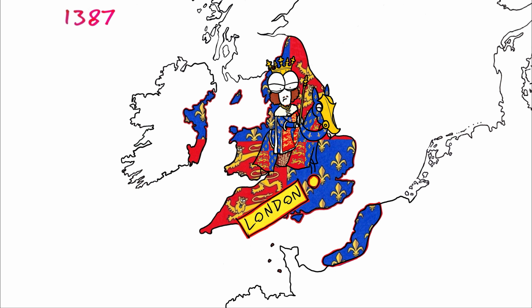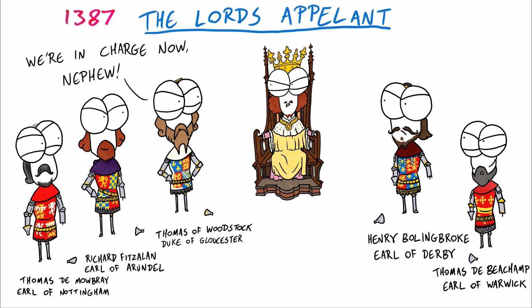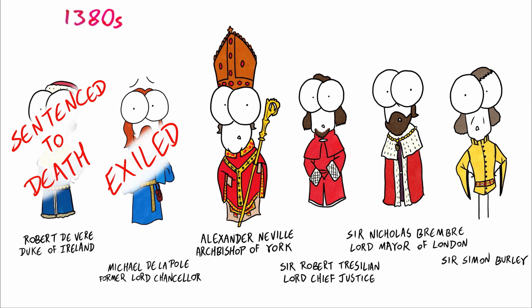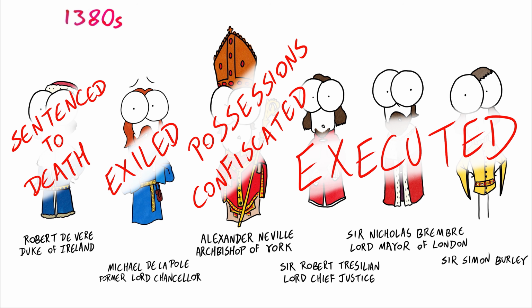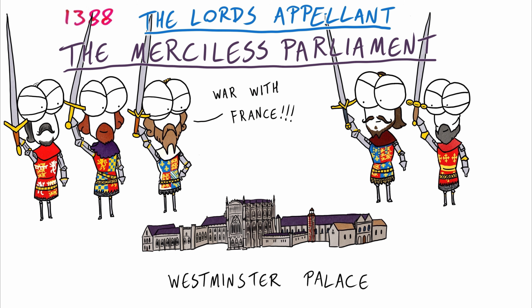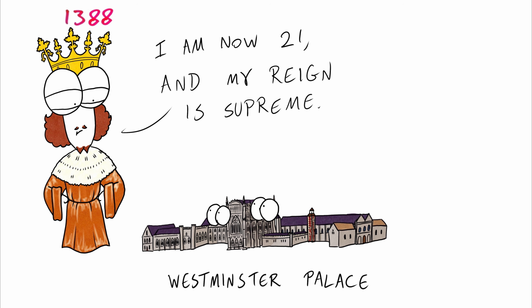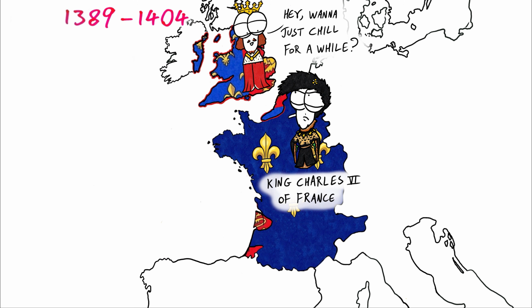When he returned to London, he was met by several lords who were conspiring against him, and using the Parliament, they managed to exile and execute many of Richard's closest allies and councillors, and pushed for more aggression against France. Richard was furious, but he would play the long game. He gradually took control of the Parliament and, using a different tactic, moved for peace with France, promising to reduce